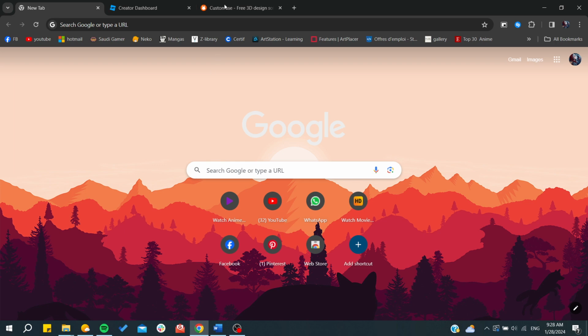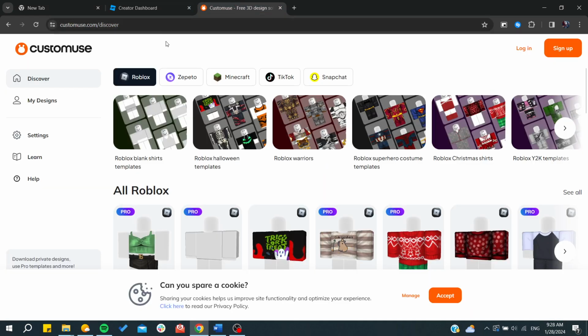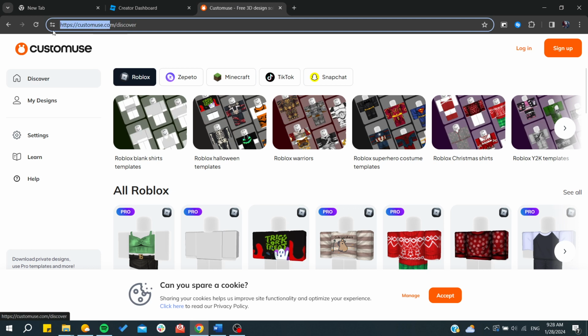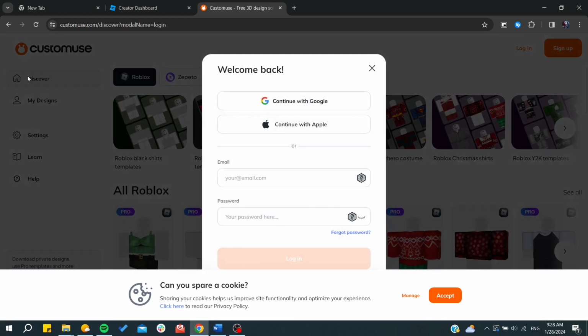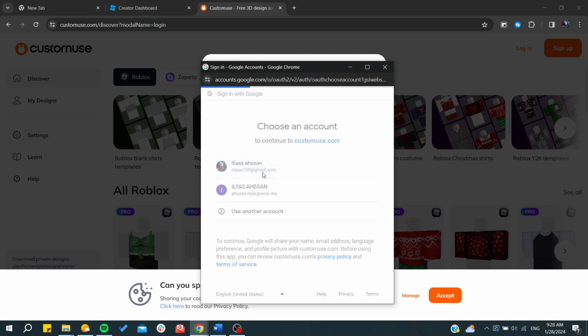The easiest tool or the easiest way to create your own design is by going to customuse.com. By accessing this website, you will need just to go here and make sure to sign up and log in to this website so you can be able to create your own shirts. After that, you will need just to go to my design and basically let's first log in into our account